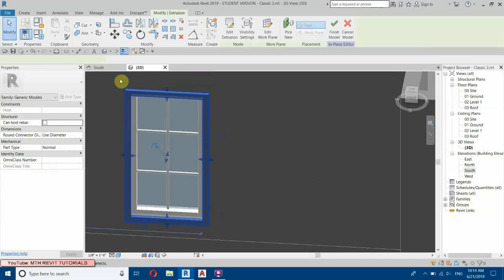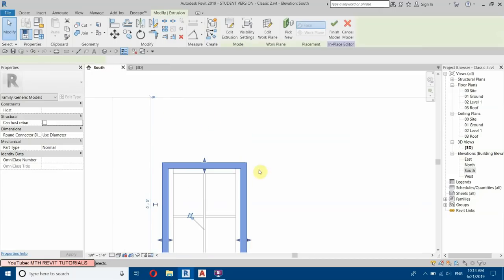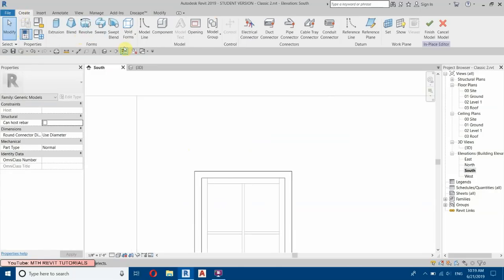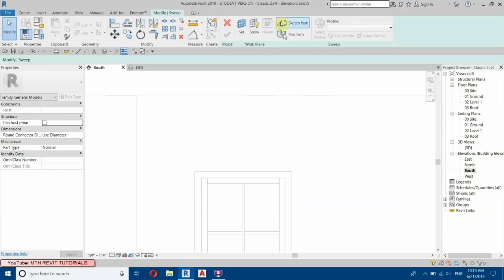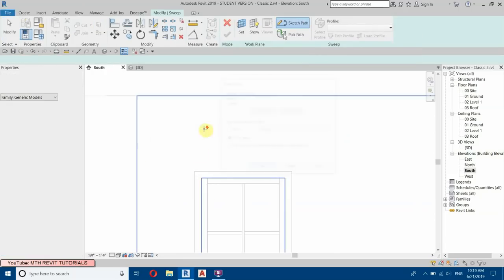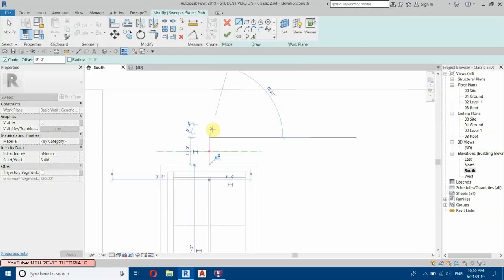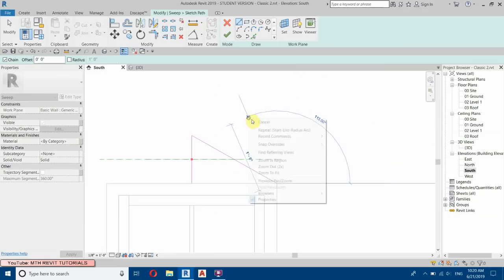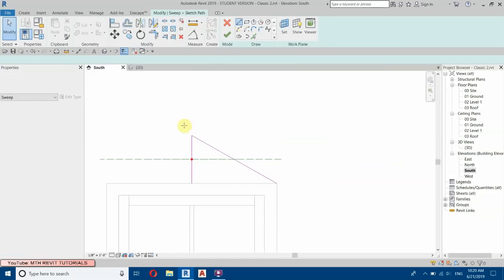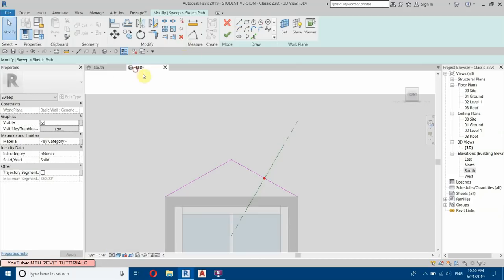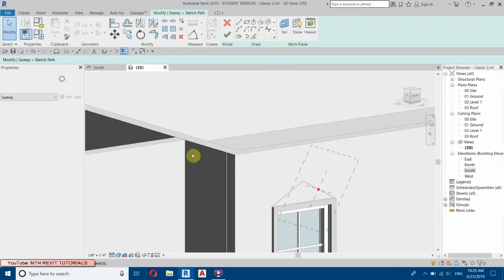Now let's edit this again. We will add some more on the top here. So let's go to create, then this time we will create a sweep. So select sweep, sketch path, pick a plane and just select this face. Now let's draw the path. So first just give it 1 foot, then join this line here and create another one on this side and delete this one. Okay, if you look into 3D, you can see it's a bit difficult to draw our sketch